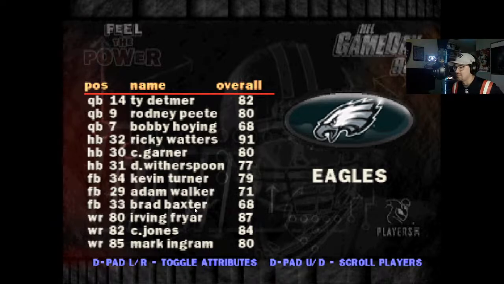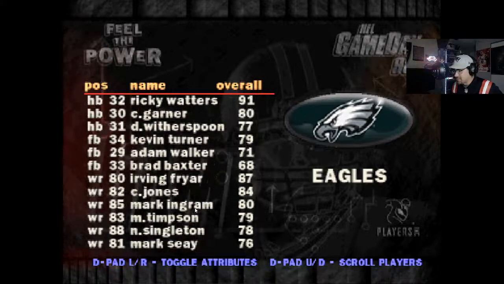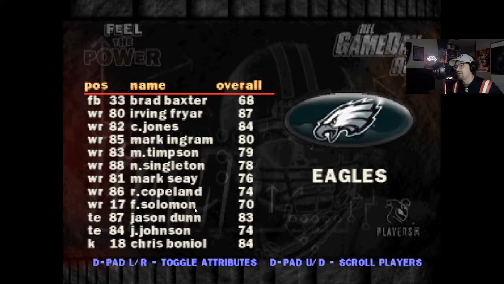Ricky Watters is on the team. Ricky Watters was really good for his time. Irving Fryer, if you don't remember, Irving Fryer famously was actually a player for the Patriots. He was drafted, I believe,